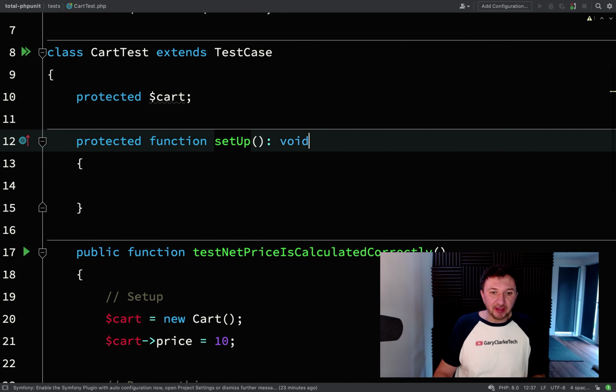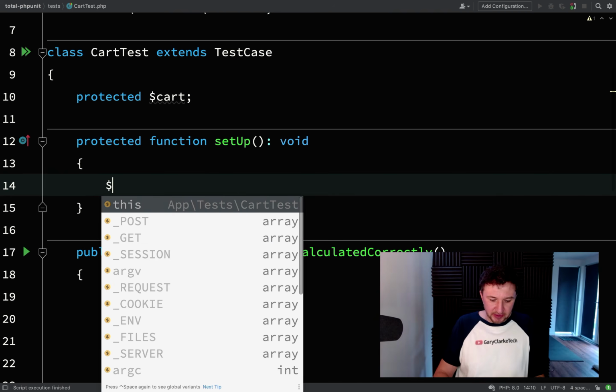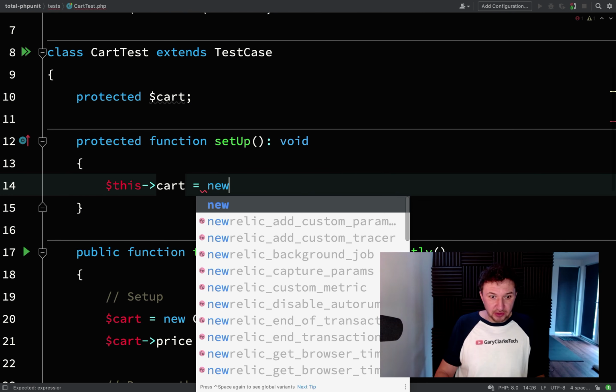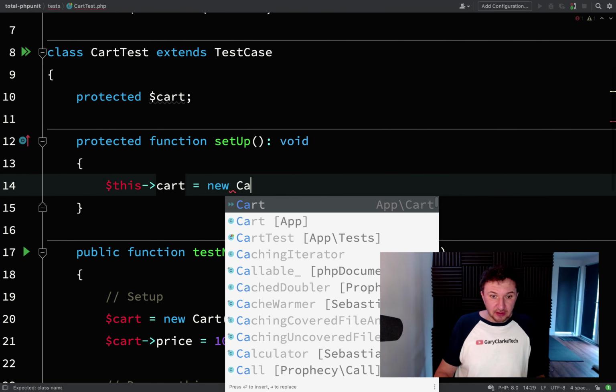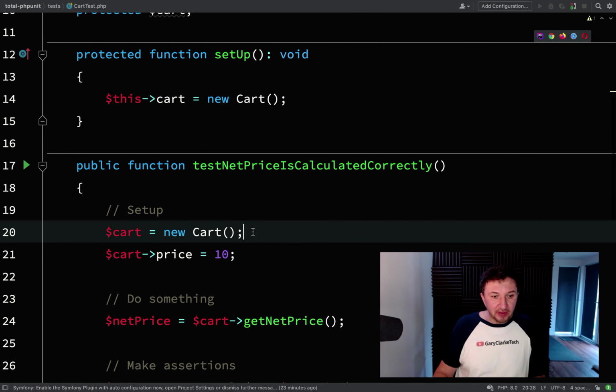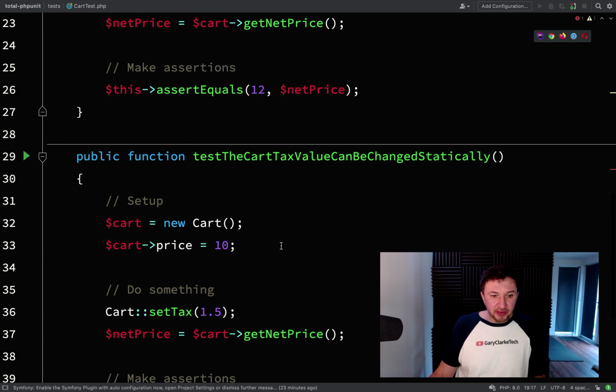We'll deal with one thing at once. So as you can see there, protected function setup, and we're not returning anything, it's just setting things up. So we can say this cart equals new cart. Okay, and with that one move, that means we can now remove our duplicate cart